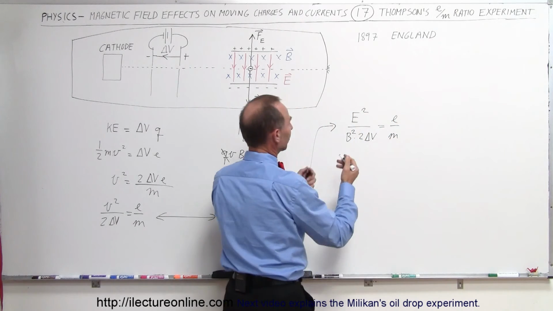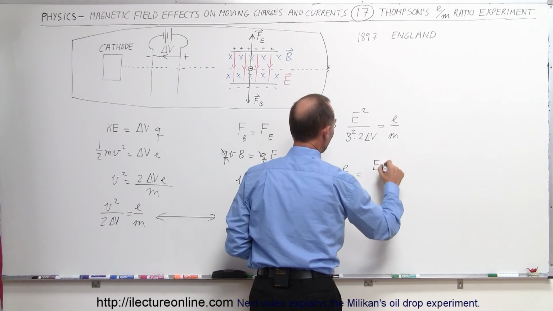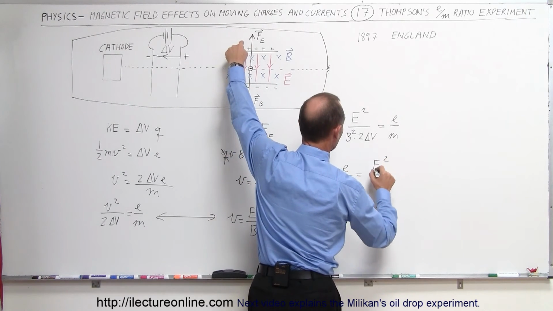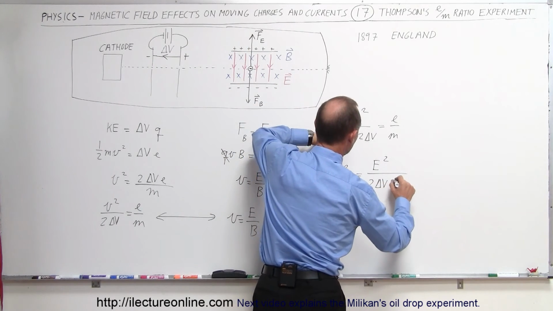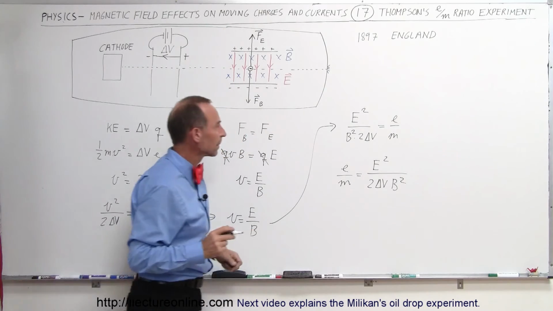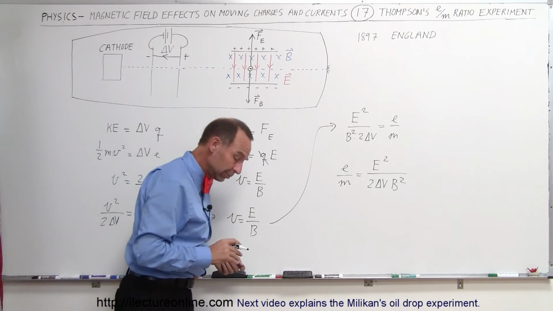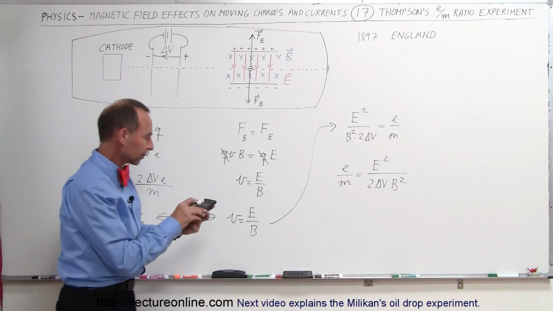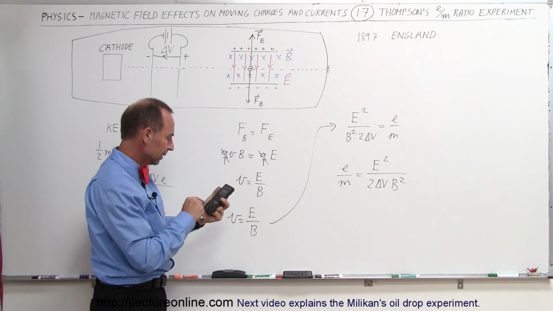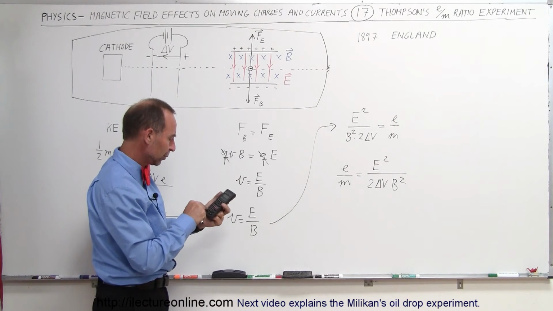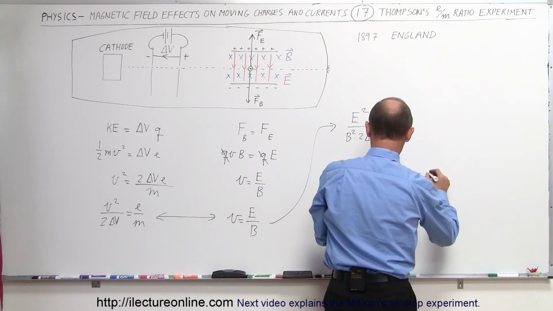And then finally, of course, by turning it around, we can say that the ratio of E divided by M is equal to the electric field strength over here, squared, divided by 2 times the change in the potential times B squared, like that. Okay, now it turned out, when they calculated that, they got a value of 1.602 e to the minus 19 divided by 9.11 e to the minus 31 equals,